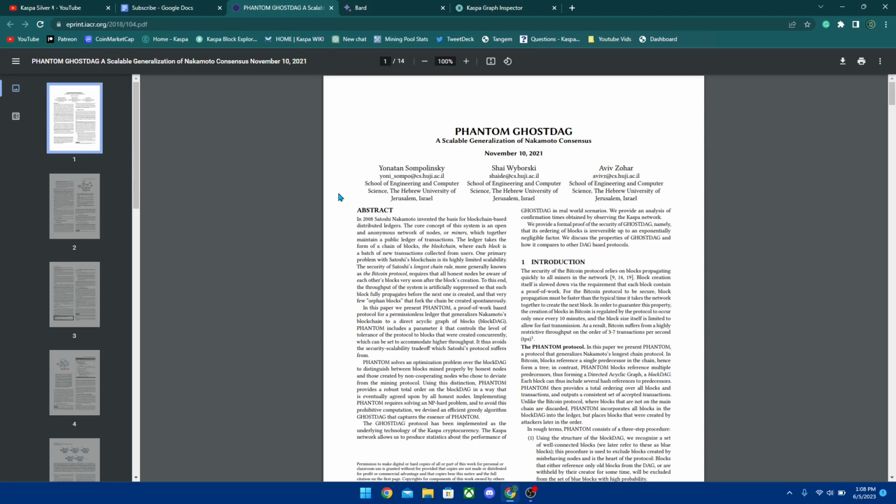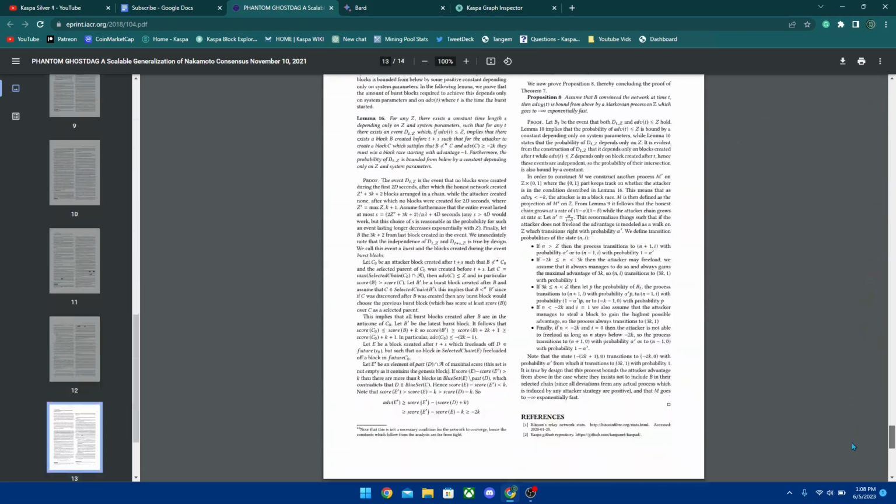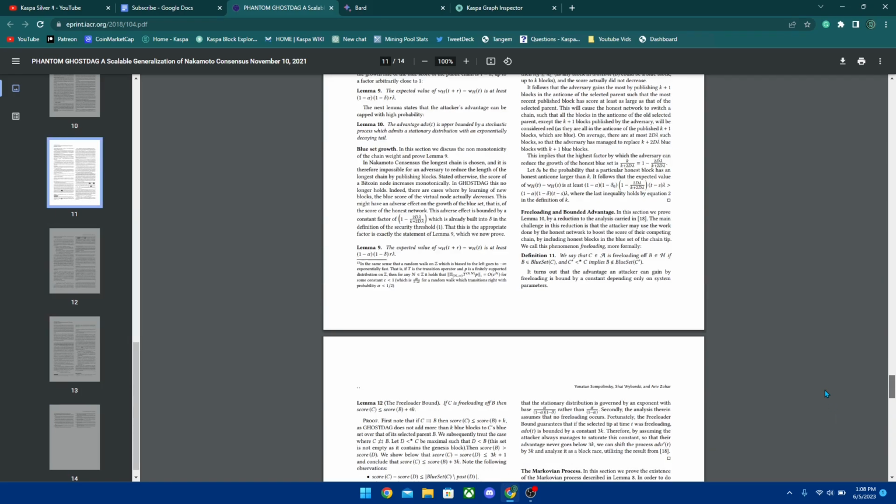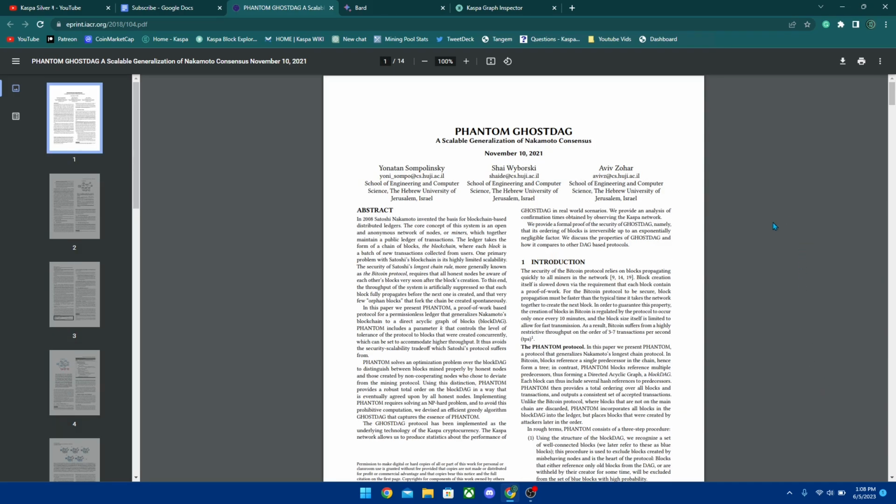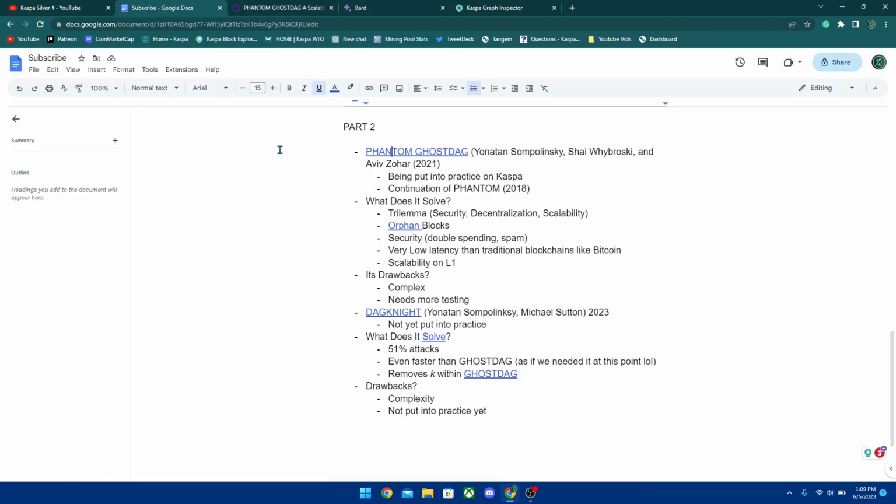The link right here does go into the white paper, and as you can see, it's a very detailed white paper. Again, I like to show this because this is not another meme coin, another coin to just put your money in and hope it goes up and then sell it later. No, this is actually a coin that's being built to be here for decades to come, as it solves the crypto trilemma. So that's exactly what it's doing here.